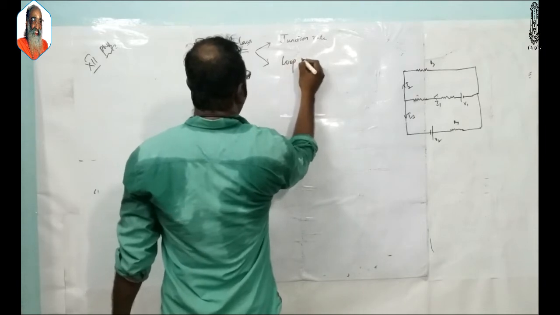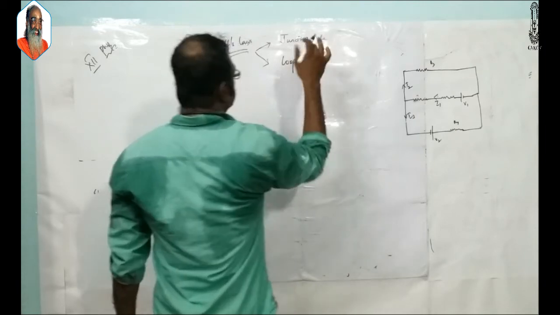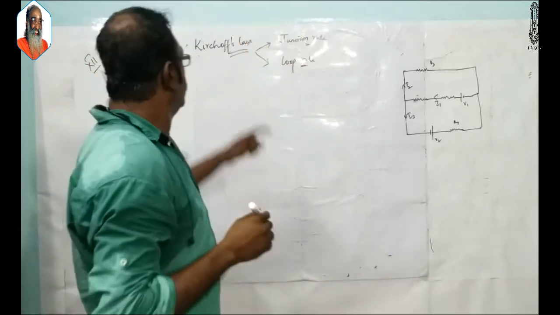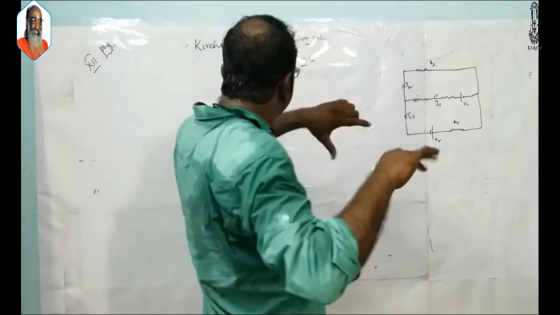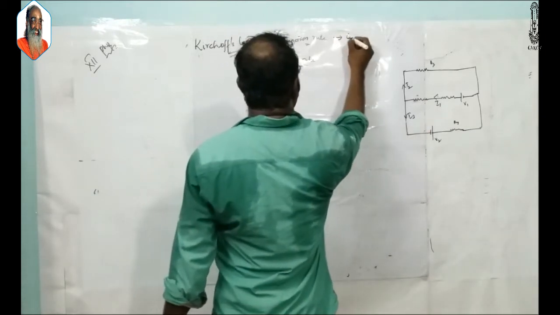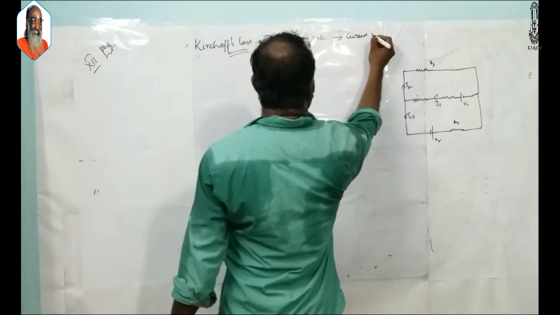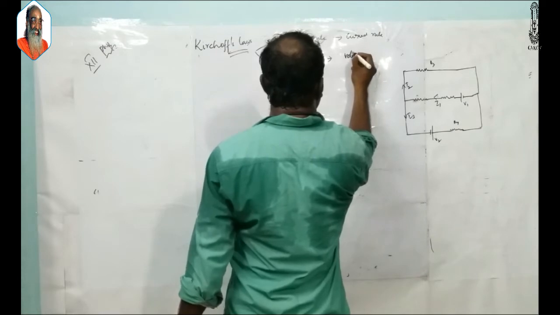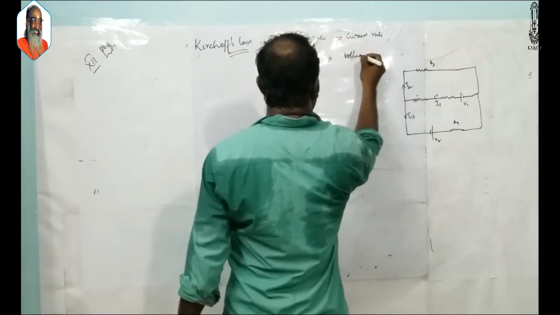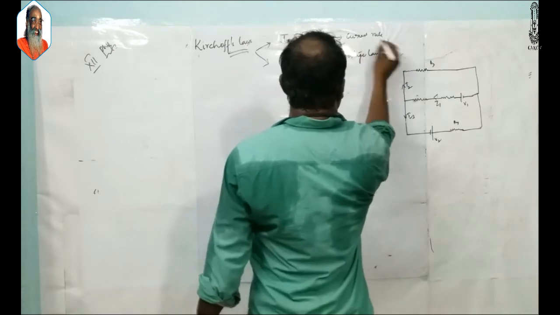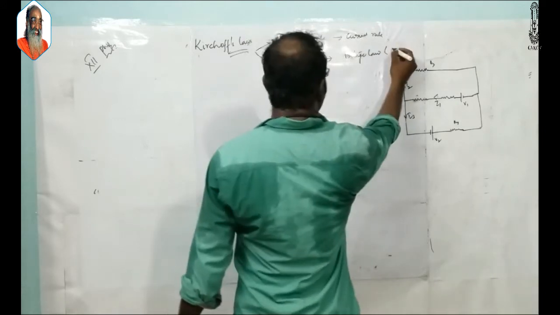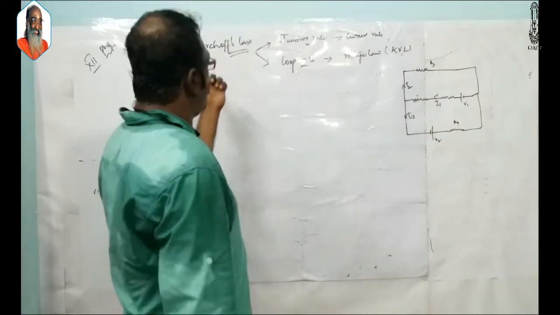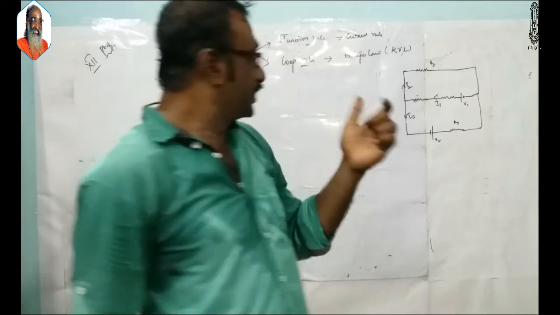This is what we cover in plus one and plus two. We call these the junction rule or loop rule, but generally one is called the current rule, and the other is called the voltage law, also referred to as Kirchhoff's voltage law, KVL. So the current rule or junction rule both mean the same, and the other one is the voltage law, Kirchhoff's voltage law, or the loop rule.